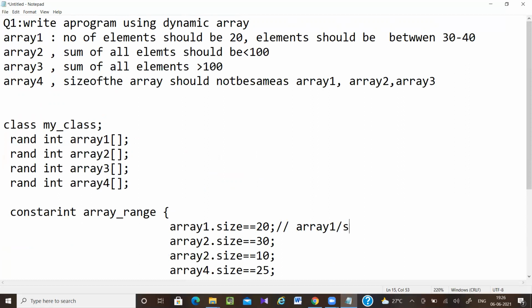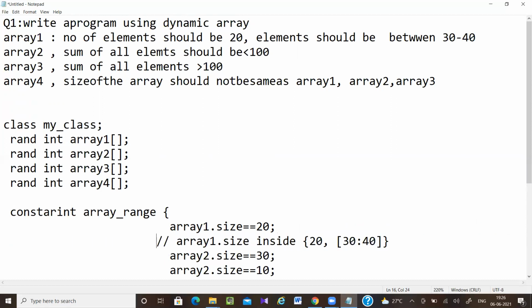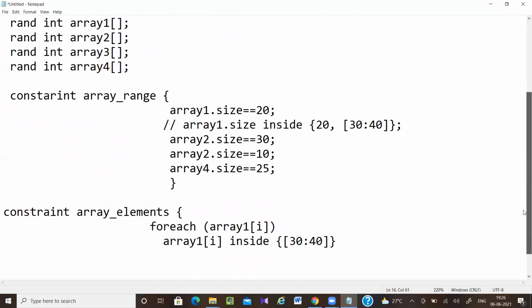Array 1 dot size inside 20, 30 to 40. So here size can be 20 or anything between 30 to 40. Let's add this line here. So now array 1 elements are between 30 to 40.